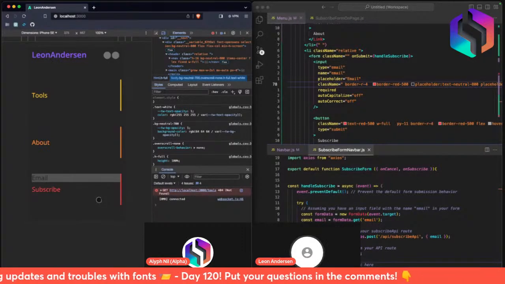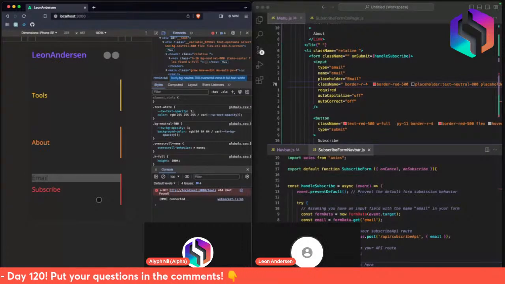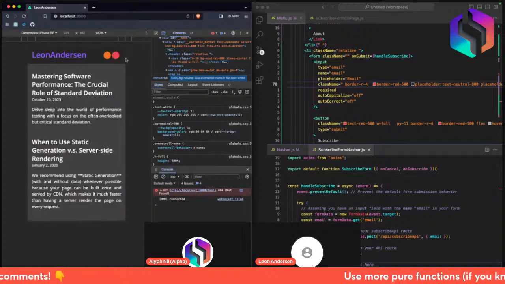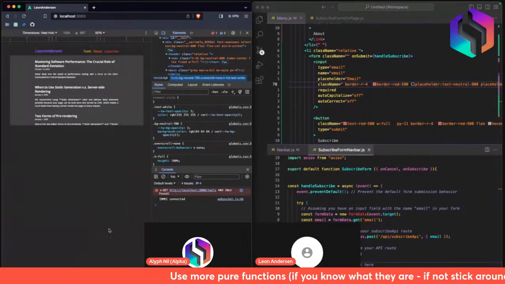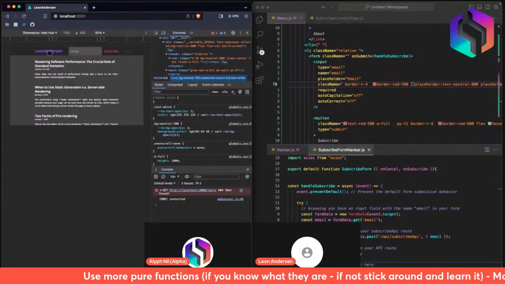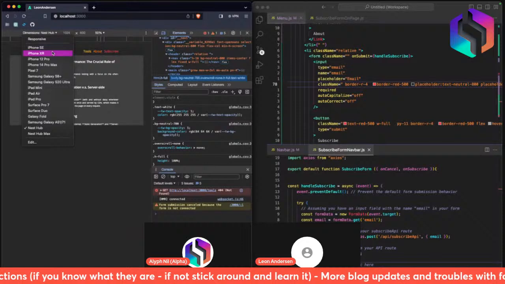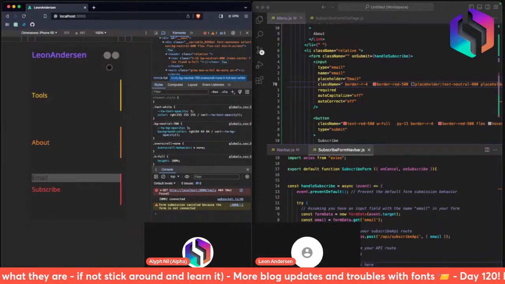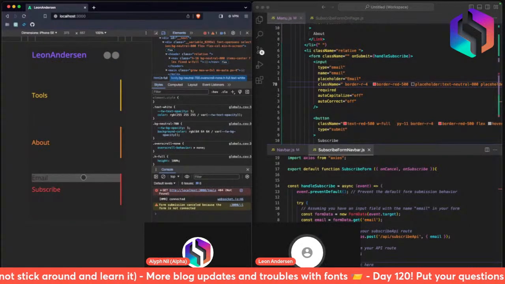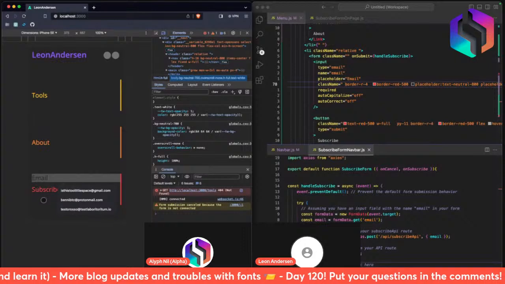So instead of having a separate component and opening and closing the menu, just like I have in here in the nav bar, I just have it open directly, so you can click it and then